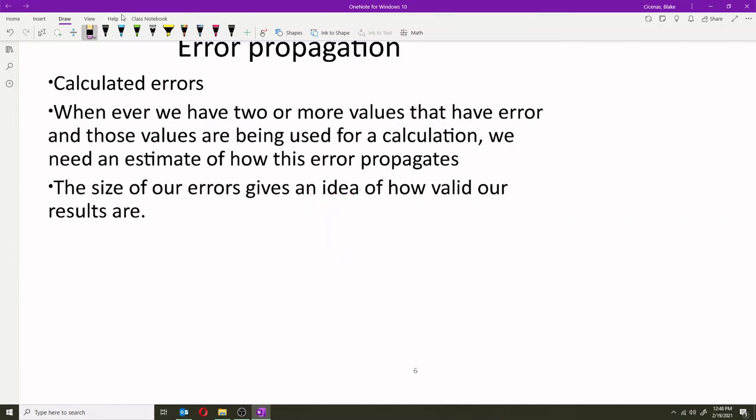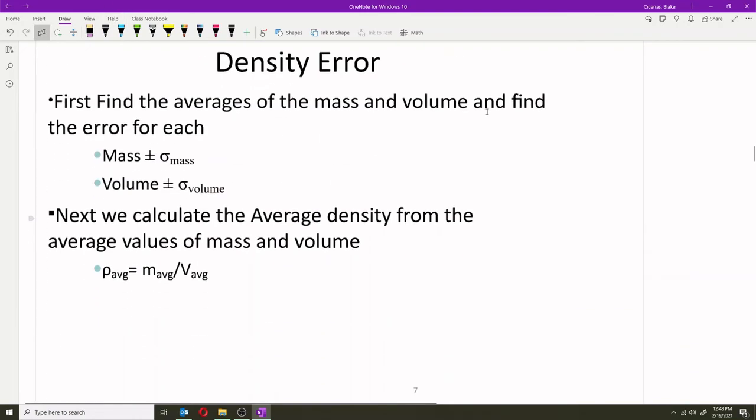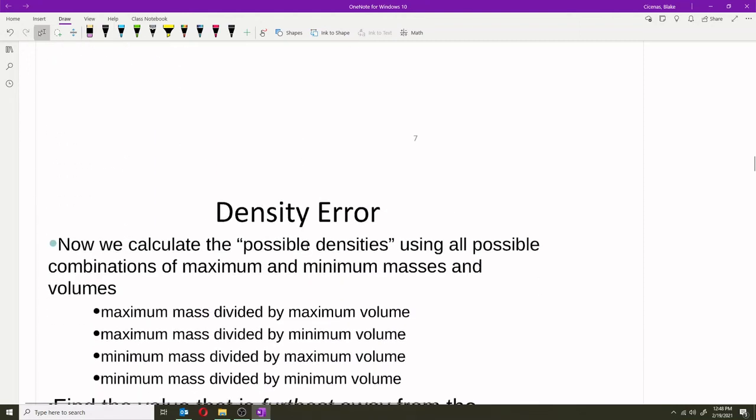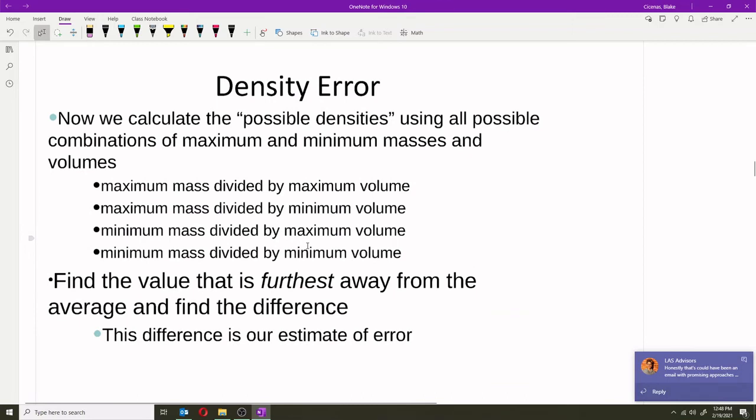And so that's why in density we don't use the second smallest or second largest, we just use the largest and the smallest to try to encompass the data. So to find density error, first you're going to find the averages of the mass and volume. And you write that as mass plus or minus sigma mass, sigma being your error. Same with volume. And then you calculate your average density from the average values. And then you have to do the max mass divided by max volume, max mass divided by min volume,